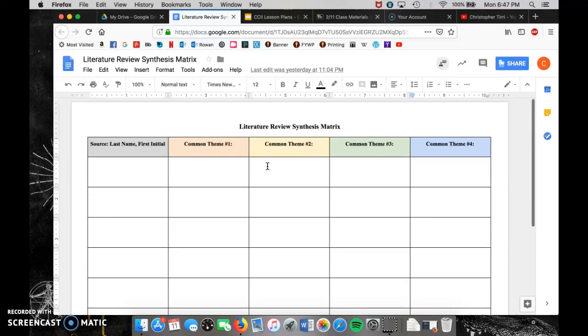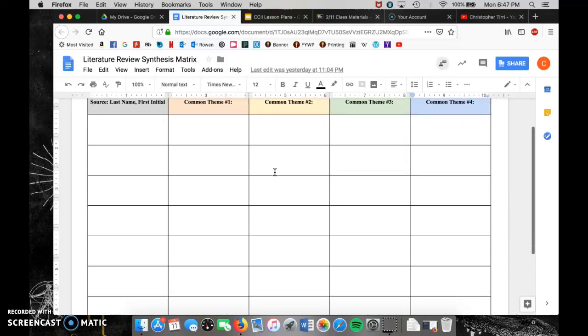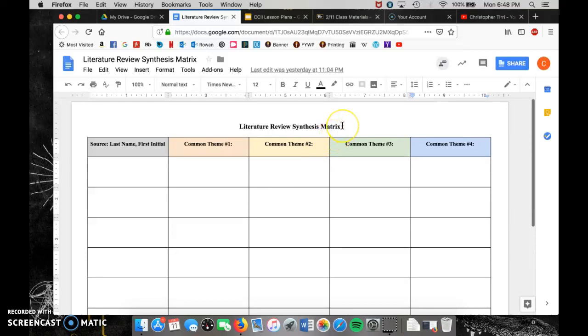So when it comes to grading it, what I'm going to look for is, do you have common themes, all 4 of them? Did you properly list your authors on the left-hand side here? And does each author connect to at least 2 of the themes on this page? Alrighty. I will give you more information about grading it once I receive all of them from you on Wednesday of this week. And as always, please do not struggle on your own. Try to reach out to someone in class, and then if they can't help you, please reach out to me